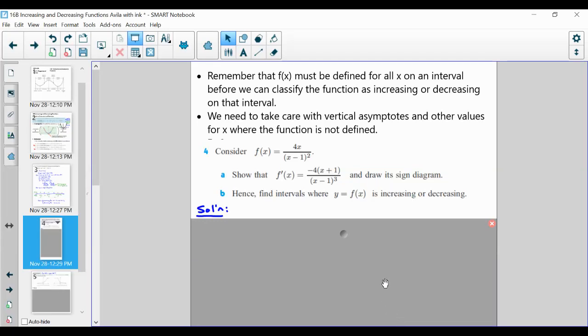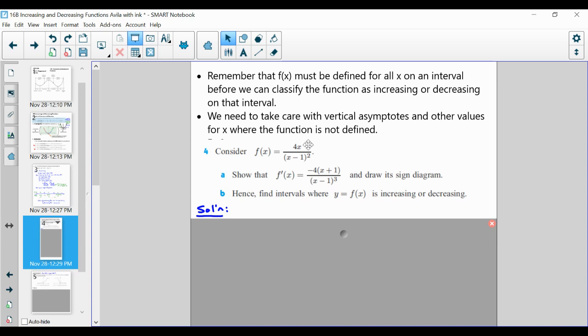Okay, hello everybody. We're continuing with 16b, increasing and decreasing functions. Now, we did one example already, and we want to remember that the function must be defined for all x on an interval before we can classify the function as increasing or decreasing on that interval. So essentially that means we need to take care when there's things like vertical asymptotes or values where the function